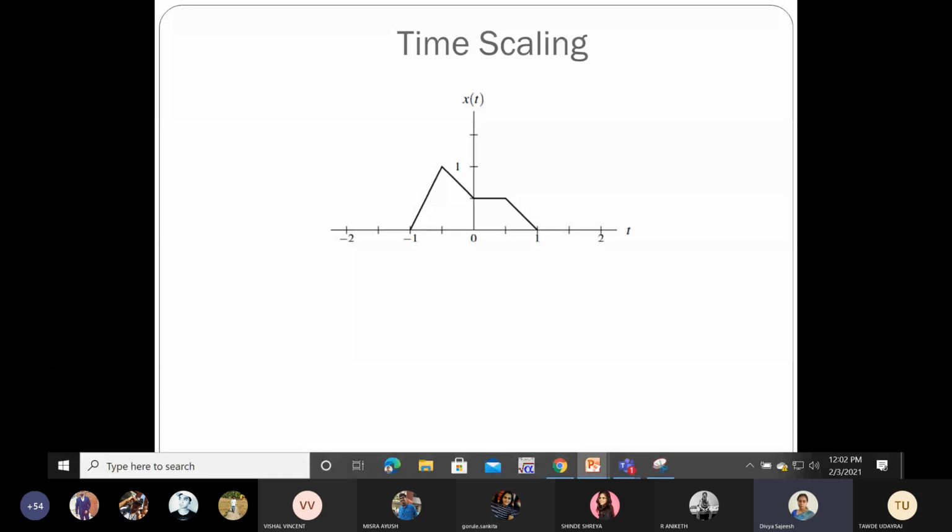This is a signal whose one tip is at minus 1 and its maximum amplitude is 1. One of the other points is at 0.5 also. The y-axis points don't matter. We have to see the x-axis. On the x-axis, one point is at minus 1, and another point is on the positive side, at 1. Now let us see what happens when I do the time scaling, that is, x of 2t. When I do x of 2t, that is not clear.